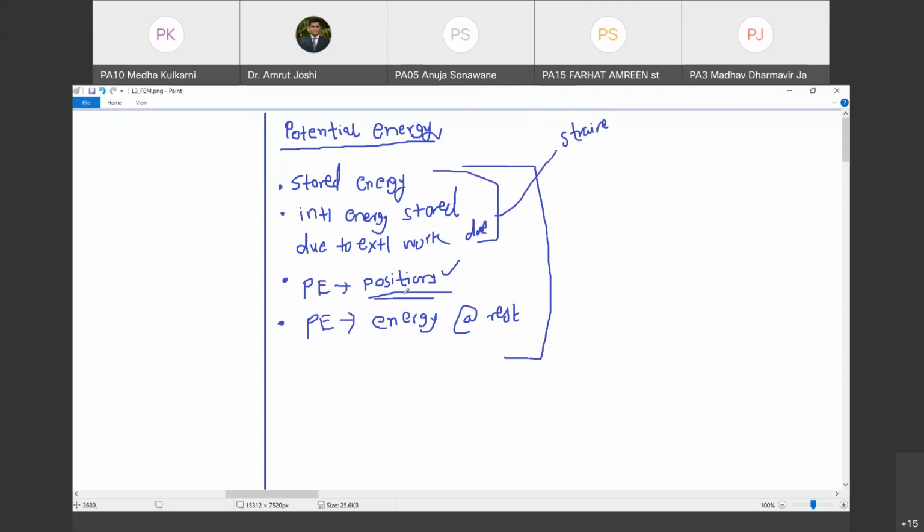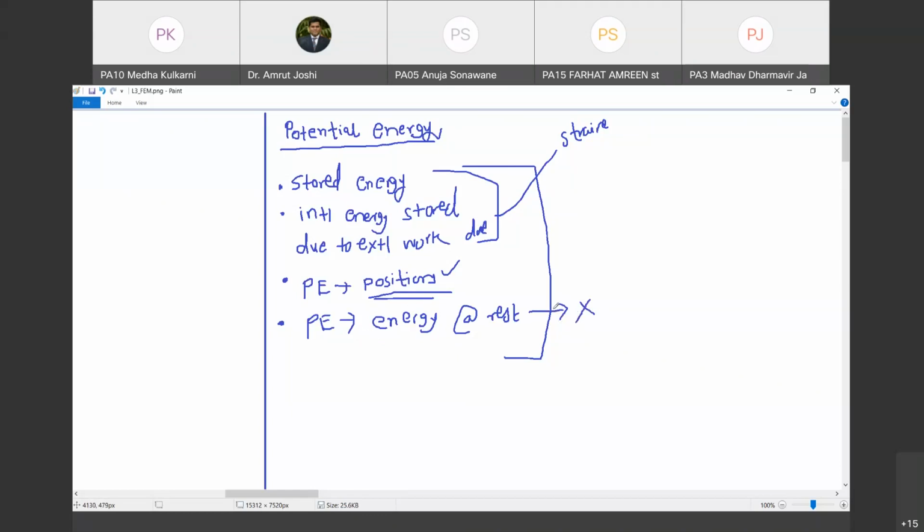Somebody said that potential energy is on account of its position. Yeah, correct. I will give some credit to that answer. We will see what it exactly means in a while. Somebody said that potential energy is energy stored in the body when it is at rest, but that's not correct, because when a pendulum is vibrating, at each and every position it has two energies, potential energy and kinetic energy. So potential energy is definitely not only the energy stored in the body when it is at rest.